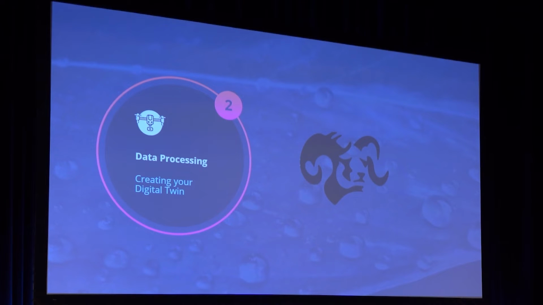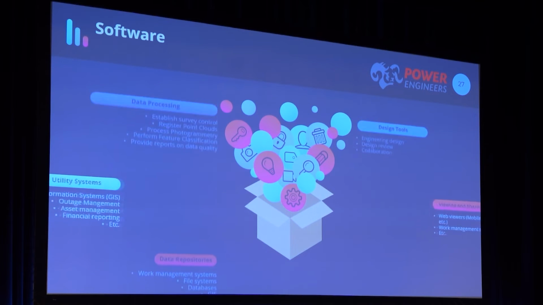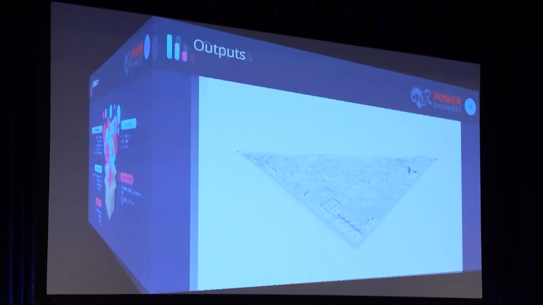The key component after this collection is our data processing. This is how we create our digital twin. There's a lot of different softwares out there. You'll see some vendors. Really navigating the software landscape can be challenging, but some of the key components are what our outputs need to be. What do we need to do with this reality capture data to get it into systems and processes that we use to make decisions, to do engineering design, to do analysis, to perform asset management, and those types of things. And there's a broad range of different softwares that do that.